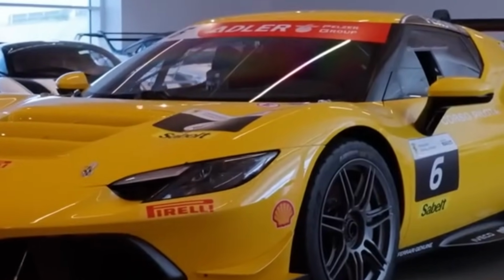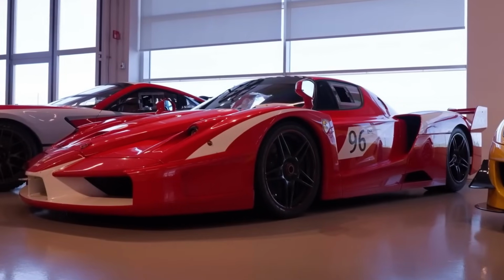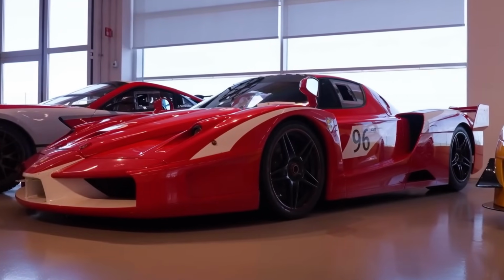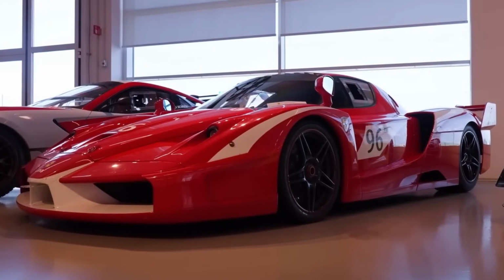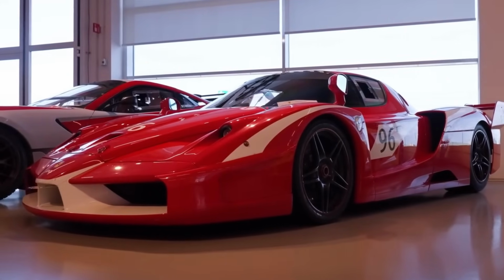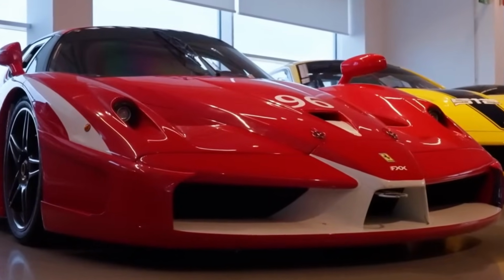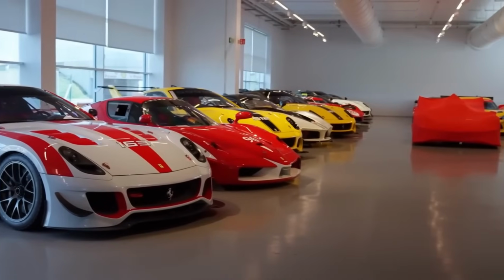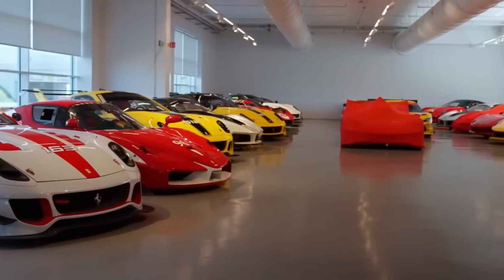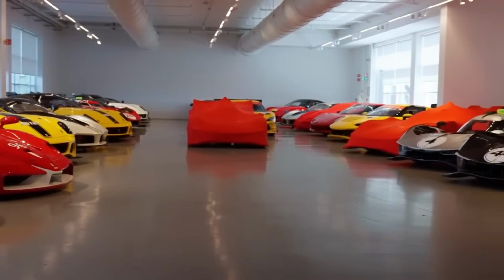For example, there are a few rare concept cars and test models that Ferrari uses to gauge reactions from high-profile customers and collectors. Ferrari offers a specialized service for storing client cars, particularly for those who own high-end models and need a safe and controlled environment when not in use. Typically, Ferrari offers this through their Ferrari Classic program or through certain exclusive services provided at their factories or authorized